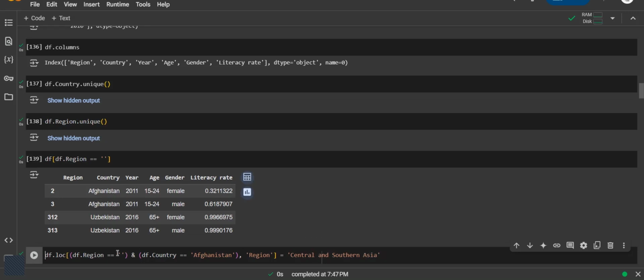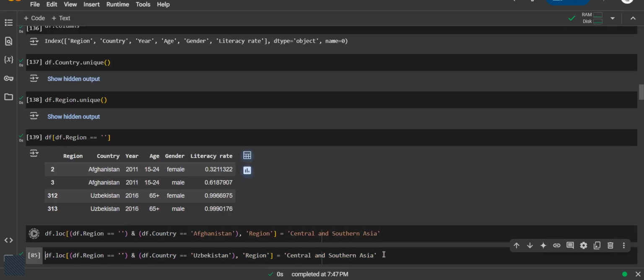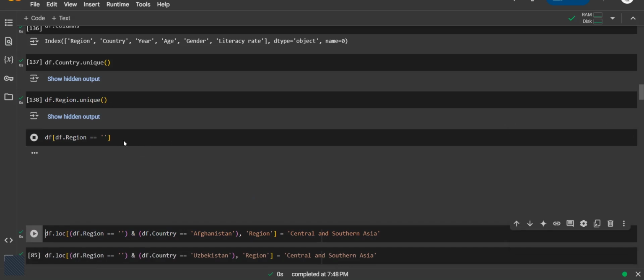So that is how I went ahead to filter where region is empty and country equals to Afghanistan, and the region, give me only the region, then replace it with Central and Southern Asia. So when I run this, and if I run this again, I will see that the empty spaces are only